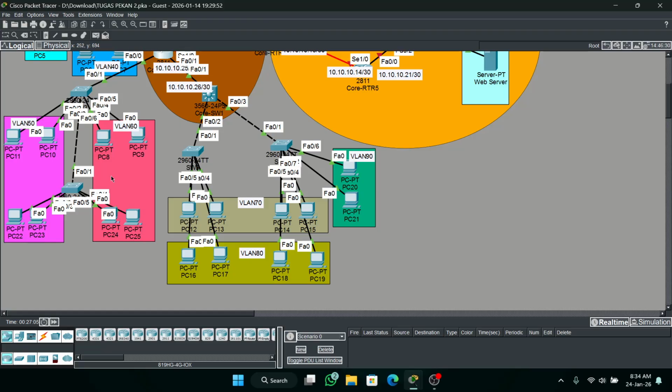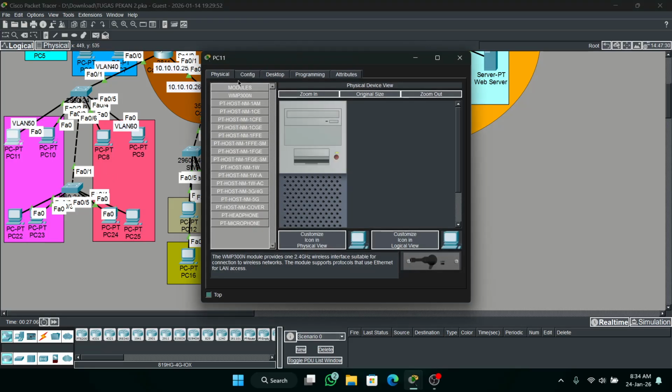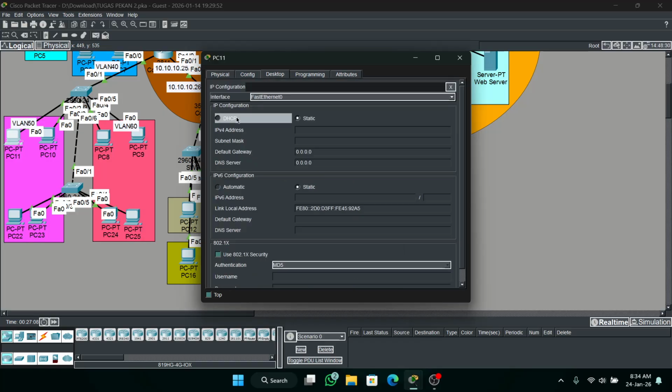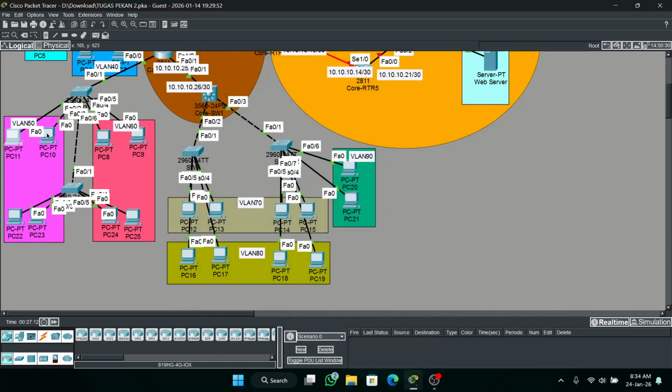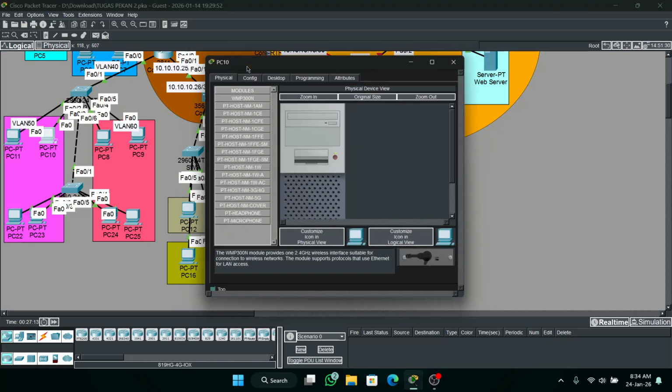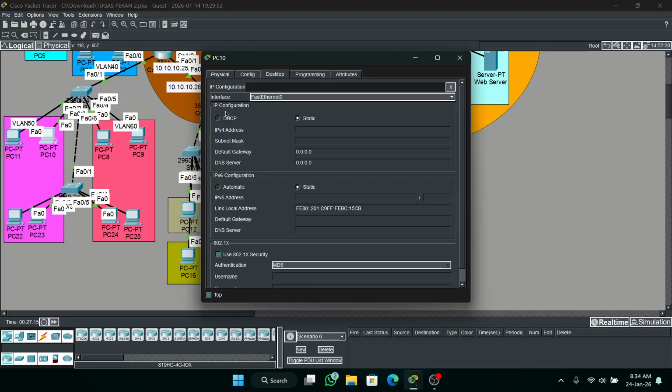What next? Check every PC. Make sure every PC successfully gets an IP. Okay, good.